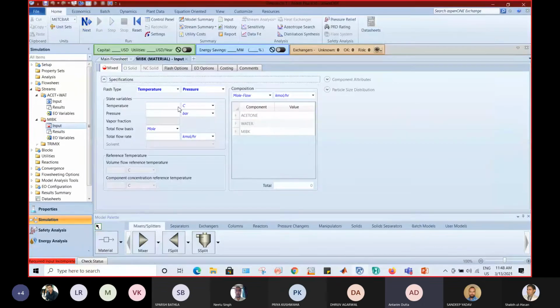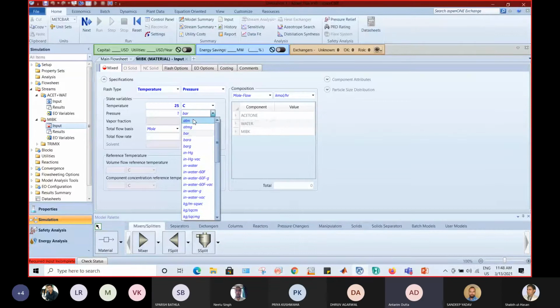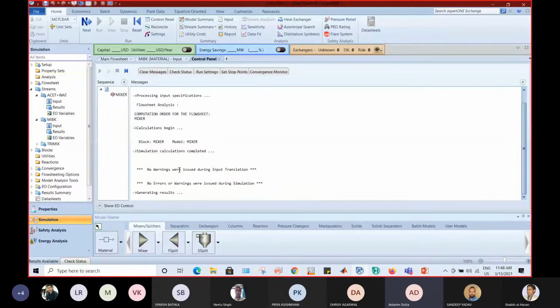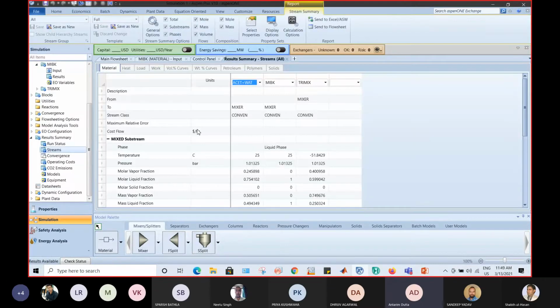But by mistake, I have selected the wrong base method, I guess. You can see that since there was no extra addition of any streams or models, no warnings and errors are generated. In the earlier case, I had by mistake added multiple streams and models which I had not incorporated in my flowsheet, and deleted later, so it issued a warning. But for now, we have no warnings and no errors, and we have results available, and we can check our results from the result summary.